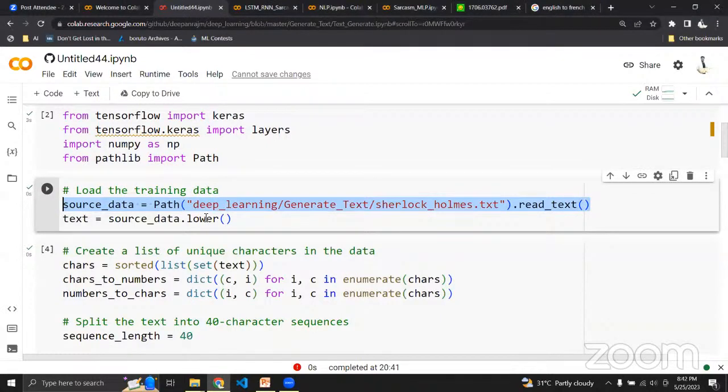Okay, since it is a text file, I've loaded it and converted all the characters into lowercase, because I don't want to confuse myself with the capital letters and the small letters. So I'm going to lower the entire content, and then I'm going to create a dictionary for character to numbers